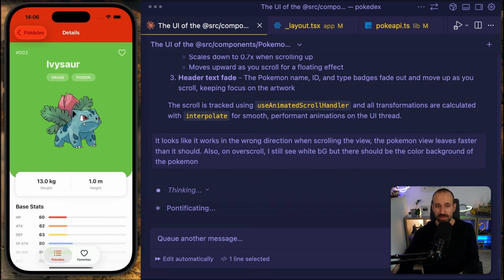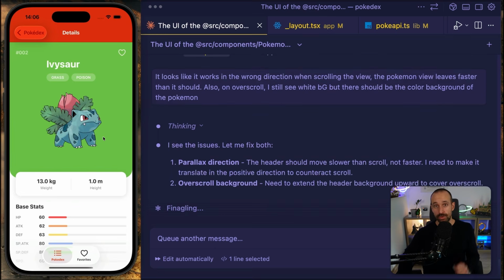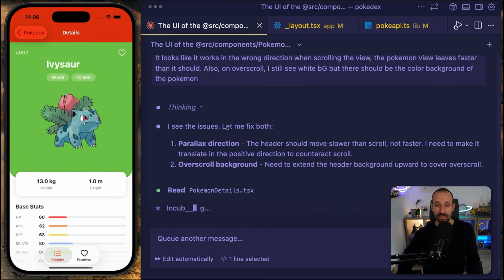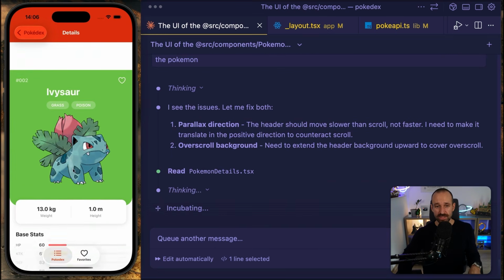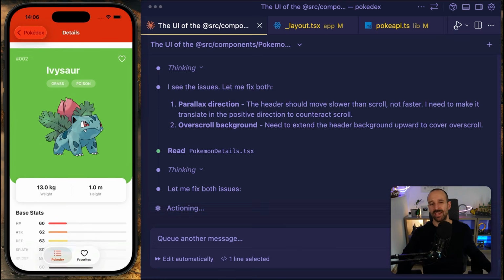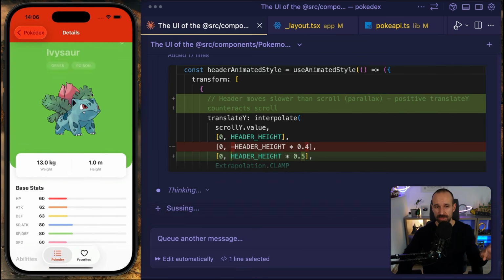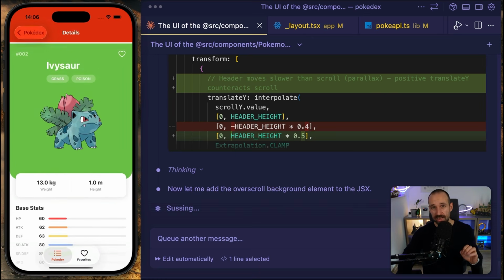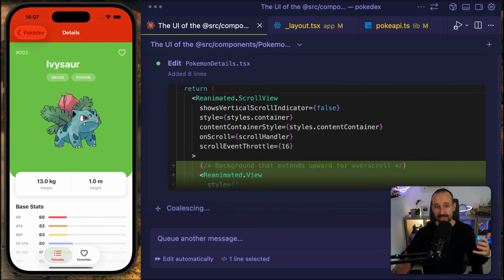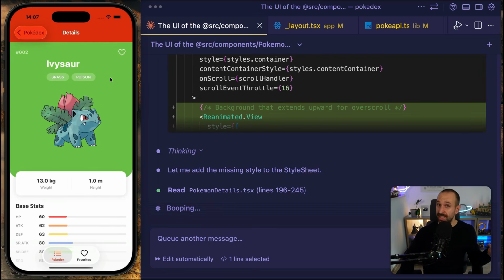Again, it is not a perfect explanation of what's wrong, but AI does not need perfect prompts anymore. You just really need to describe the problem you're experiencing. And the important part here is that if you're not a developer, if you're not a mobile developer, if you're not into React Native, it can be really hard to find the right words for the problems you're experiencing. So learning React Native, learning the foundations, learning the mental models behind this, like what is an overscroll, what is a tab bar, what is a native tab bar,